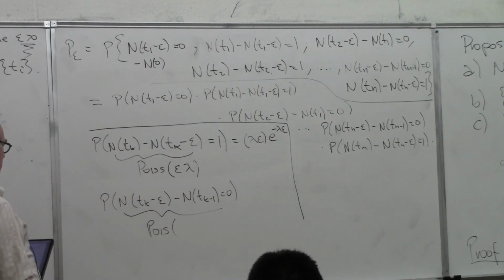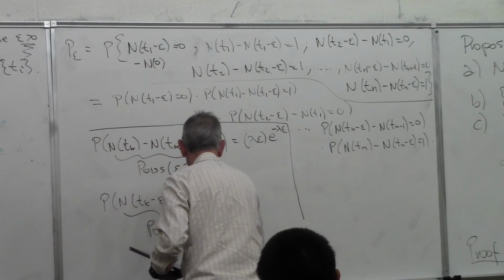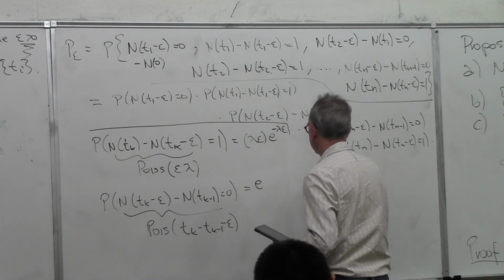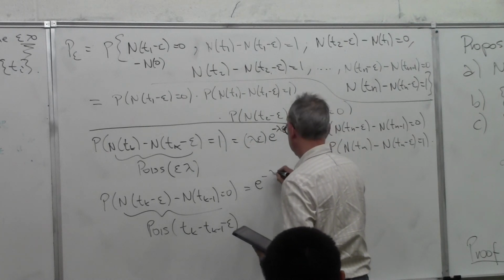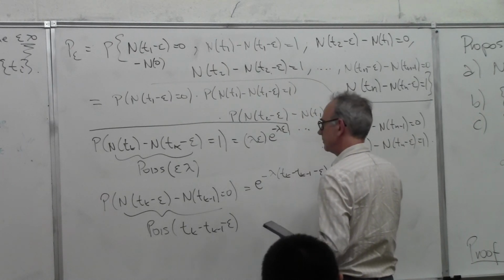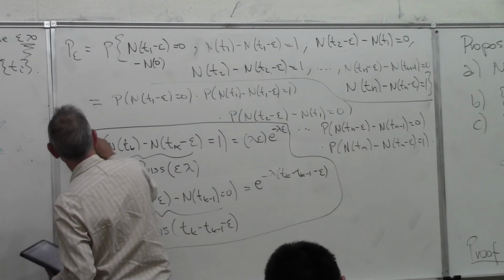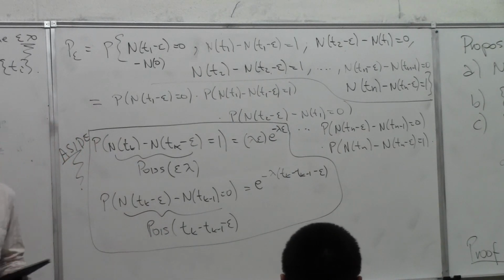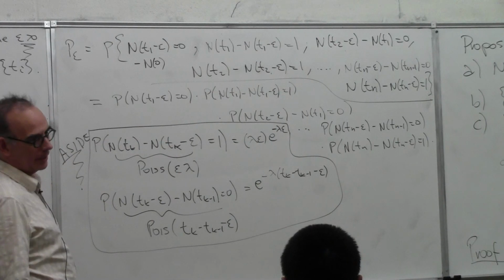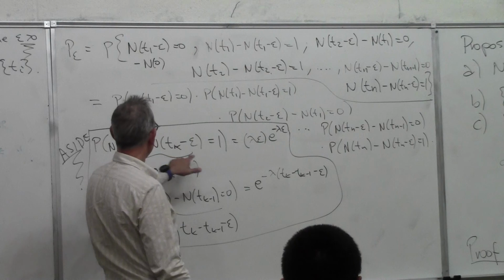Oh boy, okay, so we've got this horrific looking product, but all the terms are very easy to work out because the probability that one of these is 1, because this is just a Poisson random variable,